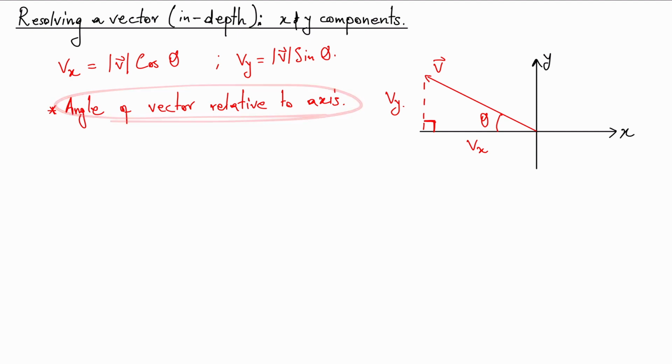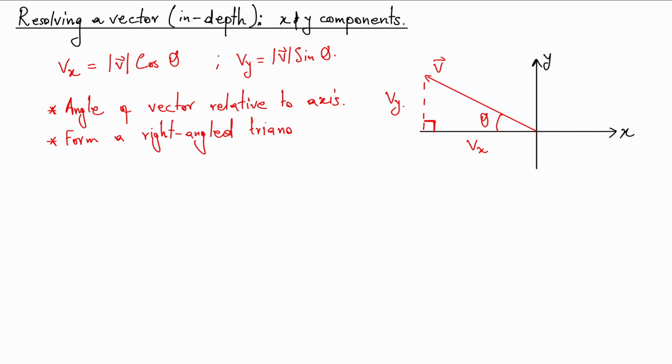Once we had the angle, we could therefore complete or form a right angle triangle. This was ingredient number 2, the right angle triangle. However, the right angle triangle had to be made such that